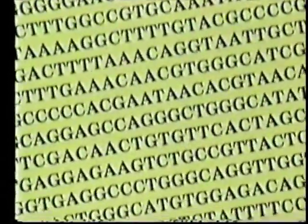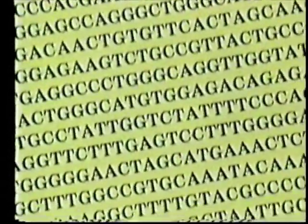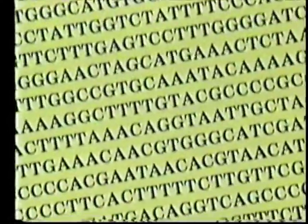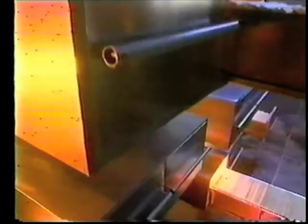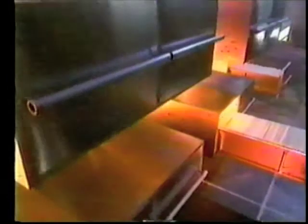A gene can be thousands of letters long. If we wrote out on paper all the genes it takes to spell out a human, this is what we'd get. 23 pairs of very long drawers, representing our 23 pairs of chromosomes. There are 100,000 genes in here, 6 billion letters altogether, carrying all the instructions needed to build and operate a